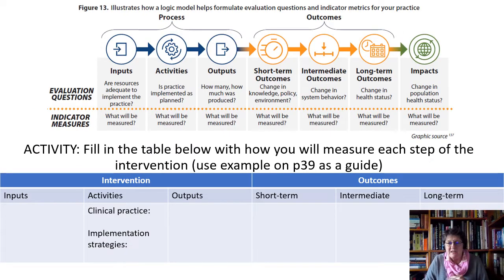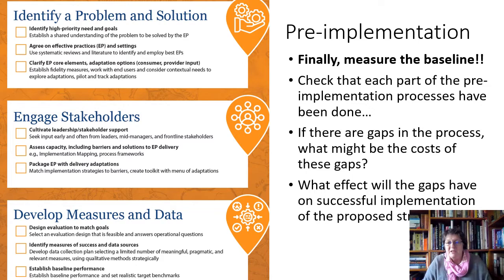So this is the next activity. You'll see this on the activity sheets. There are two parts: there's the plan for what you're going to do, and then how you're going to measure the plan to evaluate the effectiveness of it, because there's no point in doing it if you don't know how effective it is. So I'll leave you to that. Of course, you need to measure the baseline. You need to know where you started, because if you say, oh, this program's so effective, well, compared to what? Because people said they feel better? I don't think so.